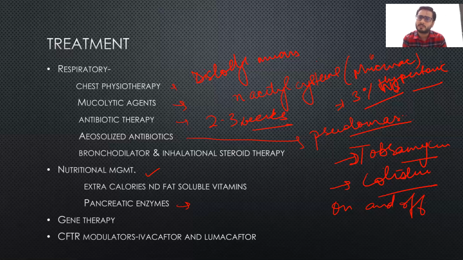Next, the vas deferens is affected, so you can get azoospermia. You can get nasal polyps, you can get clubbing. All these are basic important clinical manifestations. Diagnosis: the most diagnostic test, if available, is the sweat chloride level. 2 sweat chloride levels have to be done, and it should be more than 60. Borderline is 40 to 60. Again, you have to get it repeated, or you can do nasal potential difference measurements, which is also increased. Next are the mutation studies, and I already told the diagnostic criteria, the 1+1 rule.